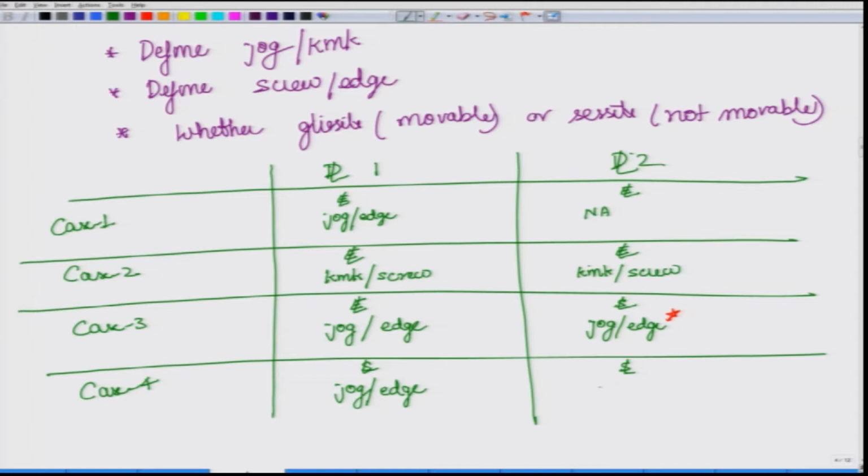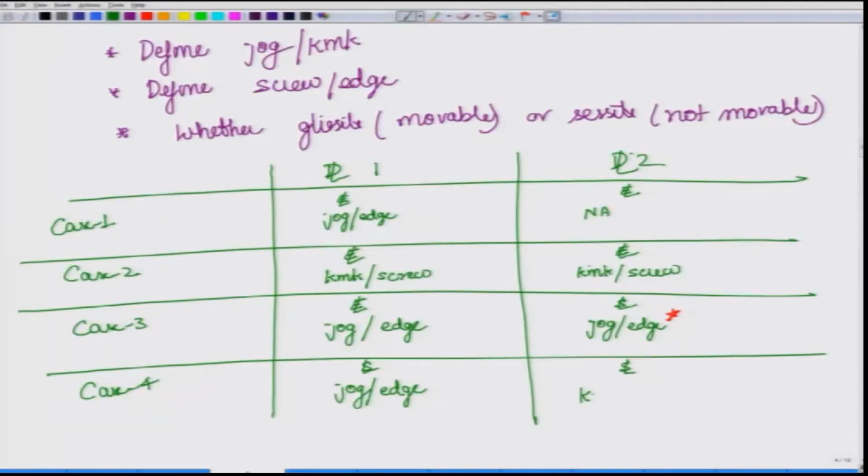So, again we will put a star mark, but assuming that it was perpendicular to the direction of the other dislocation, it forms a step in the direction of the slip plane, in the plane. So, it forms a kink and edge character, and I will again put a star. Star means slip planes are assumed. For the others we do not need to assume slip planes.